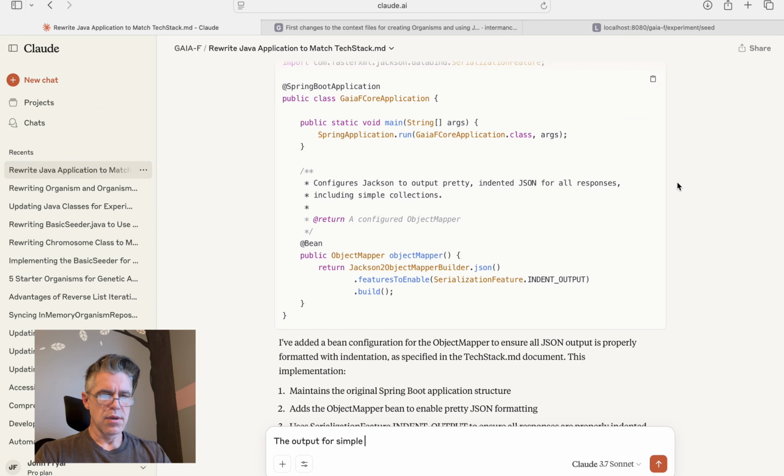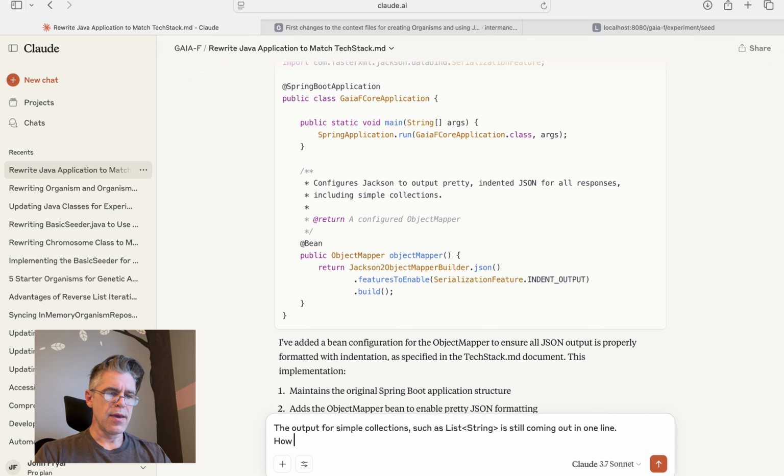Collections, such as list of string, is still coming out in one line. How can I make simple, how can I